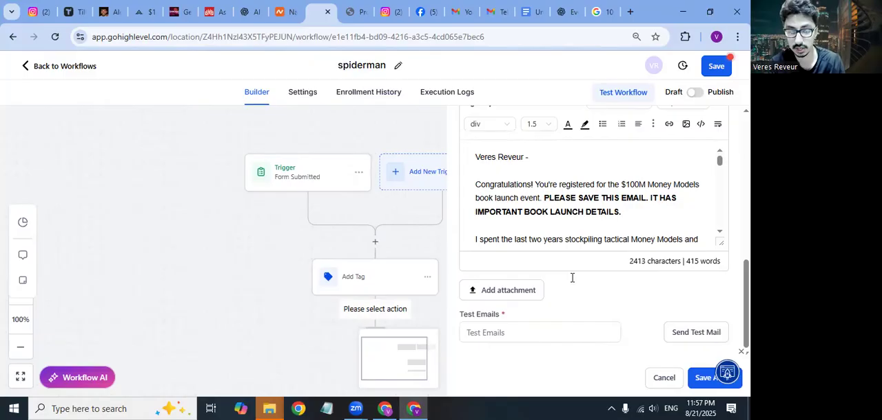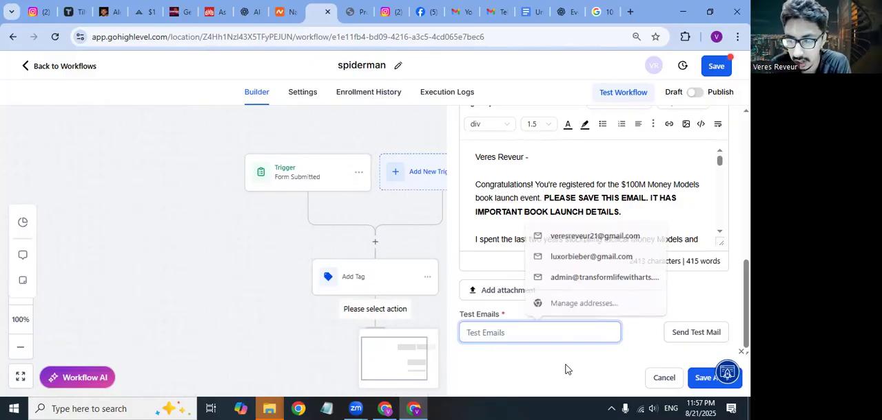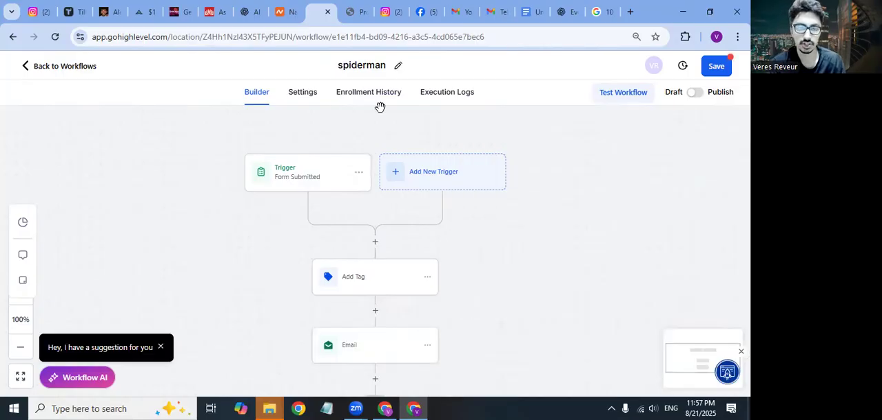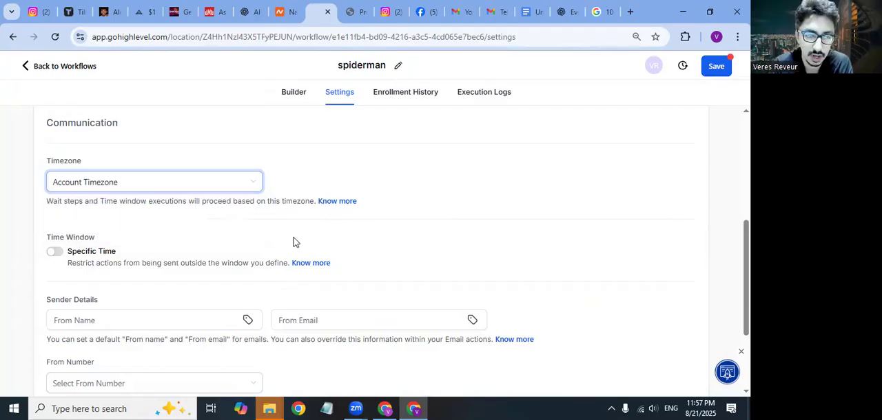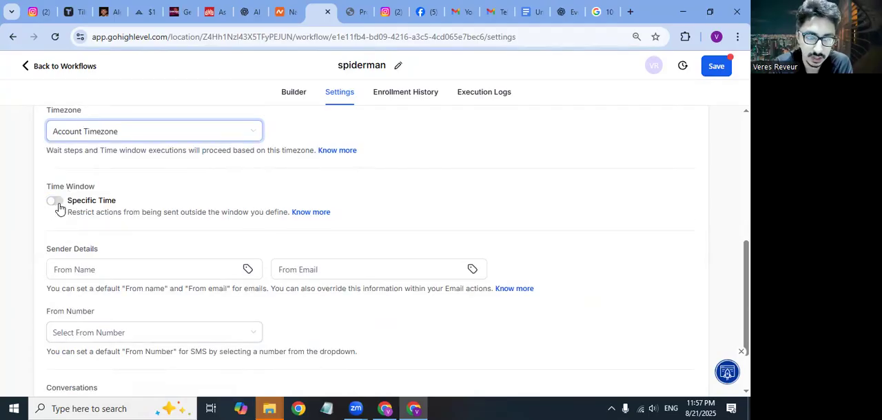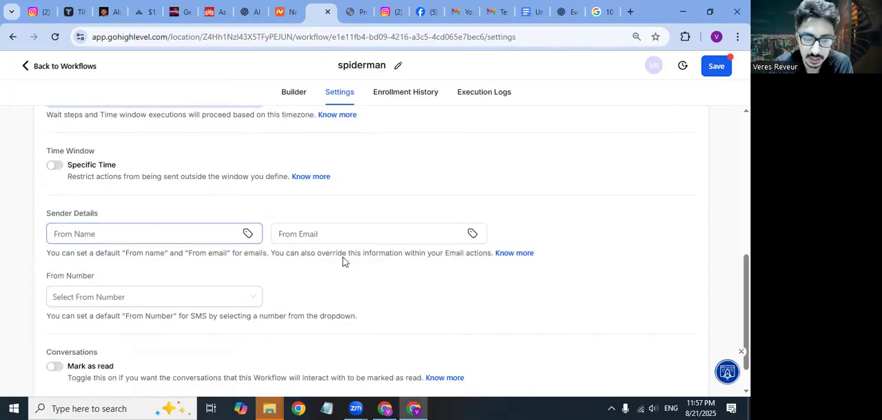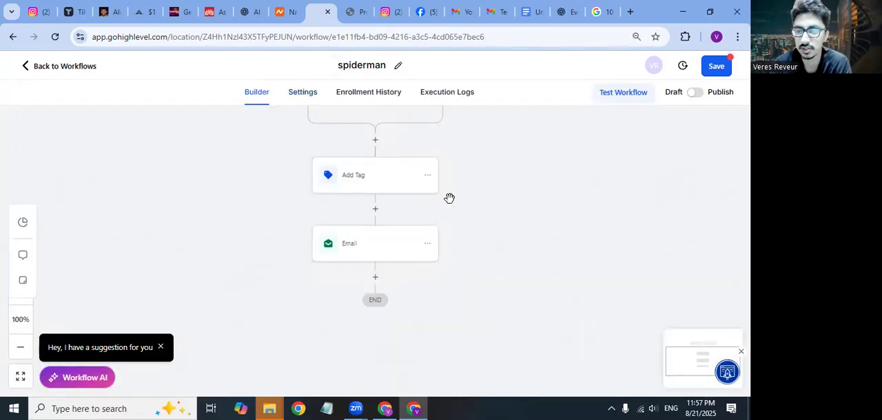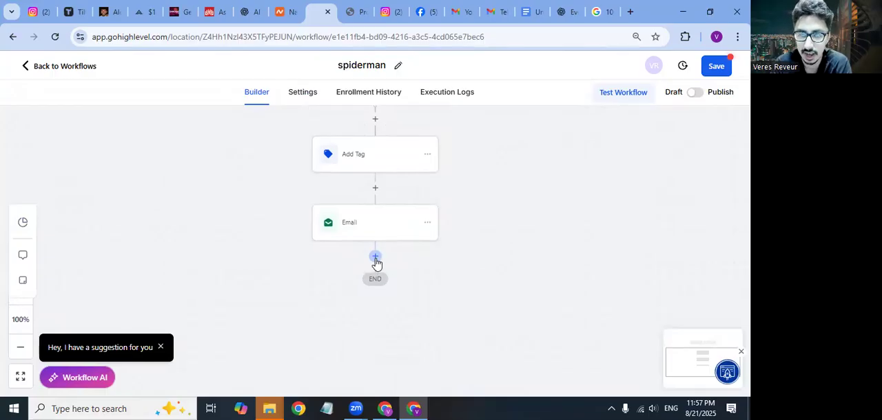We're not gonna attach anything. We are not gonna test anything. And then we're gonna just save this action. Generally, on that note, if you go to settings, over here you can select the time zone, which is the account time zone or their time zone, as well as sender details from email. You can select a specific email that is yours to be for everybody, or if you're selecting a number, you can select a phone number from here, but let's not worry about that right now. It doesn't really matter because you just have one email and one phone number, right? And so this is the email,